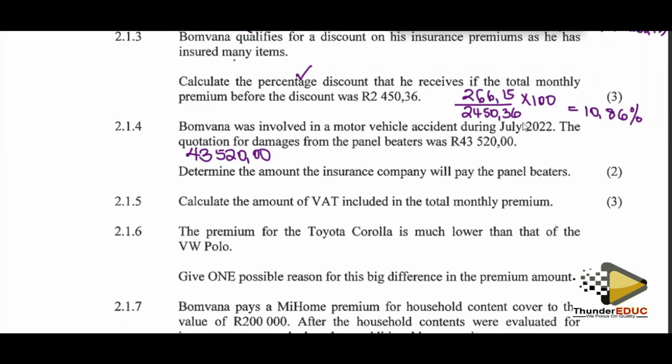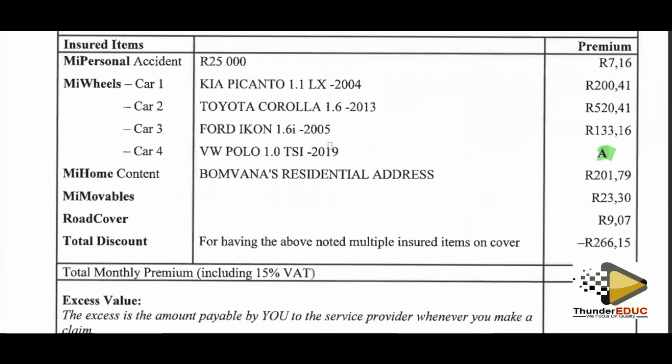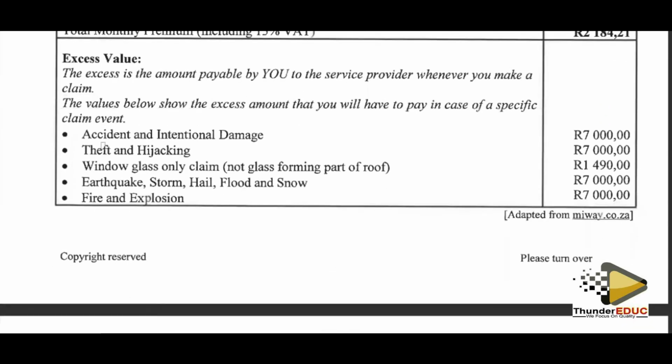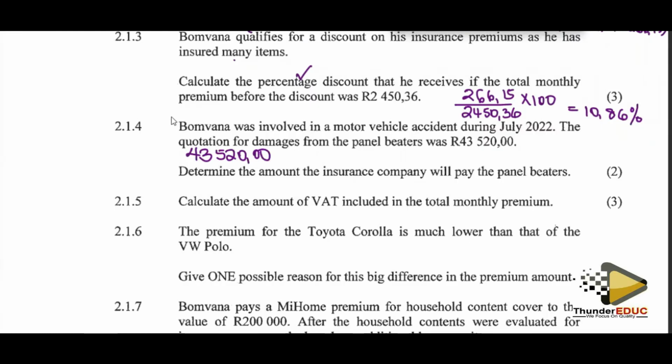So you're saying determine the amount the insurance company will pay the panel beaters. Remember, look at the annexure here. This was an accident. So this amount of money, this one here, has to be taken off. So the insurance will be ready to pay